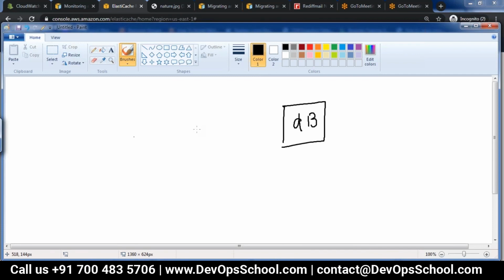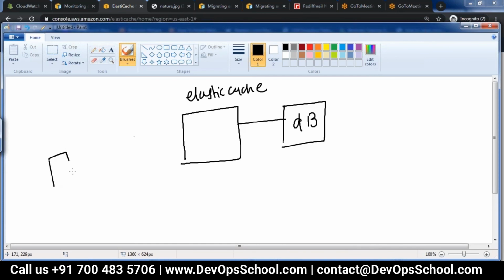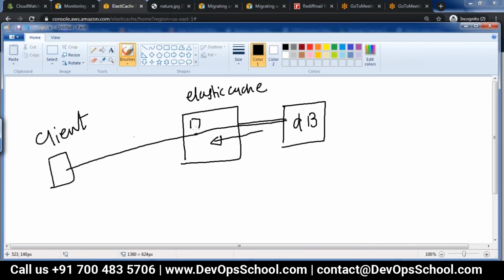Then every time the database is hit with the same query. So instead of that, you put a cache in between. So this is your Elastic Cache, and this is your client. When it sends a query the first time, it will get the result from the database. Now what happens is, on its way, it will store that.